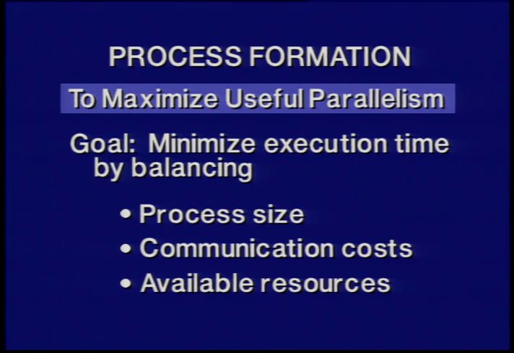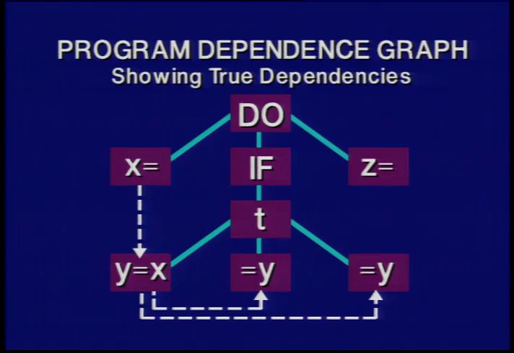There's a lot of work being done in reducing that cost, and there's always some cost associated with that. We need to balance that off. Let's go back to the graph we had earlier, which showed the maximal parallelism is constrained by the dependencies in here. What we want to do is to form the useful parallelism out of this. It's most likely that having X, Y, and Z as separate processes, which they could be, is not going to have a big payoff on a lot of systems, because the cost of starting up, if they're just single statements, is going to be far too great.